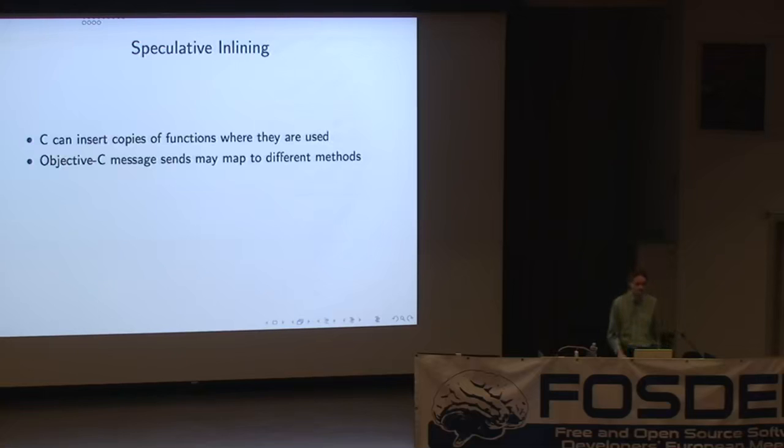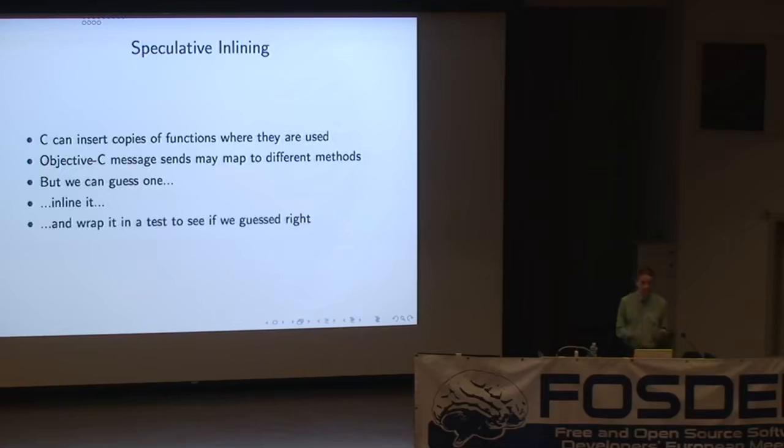It's the function which has that name. Objective-C, because it has this indirection layer, that's kind of difficult. We don't have this one-to-one mapping between call site and callee. But we can guess one, and there are some heuristics we can use, and there's profiling that we can do. And then we can try inlining that.